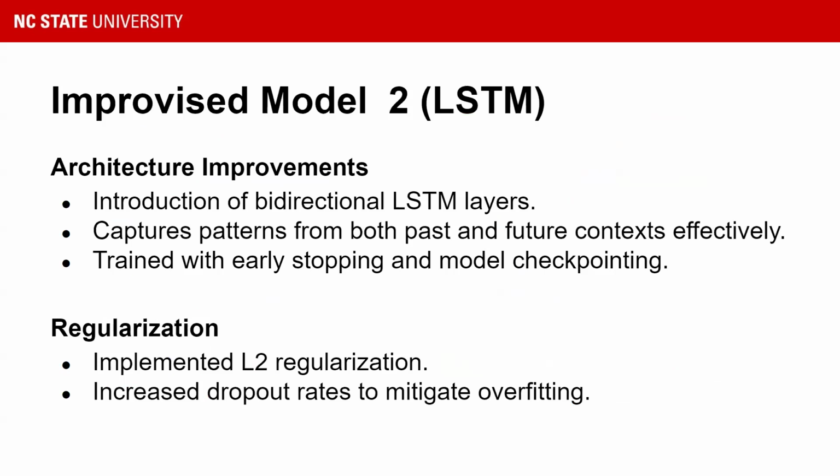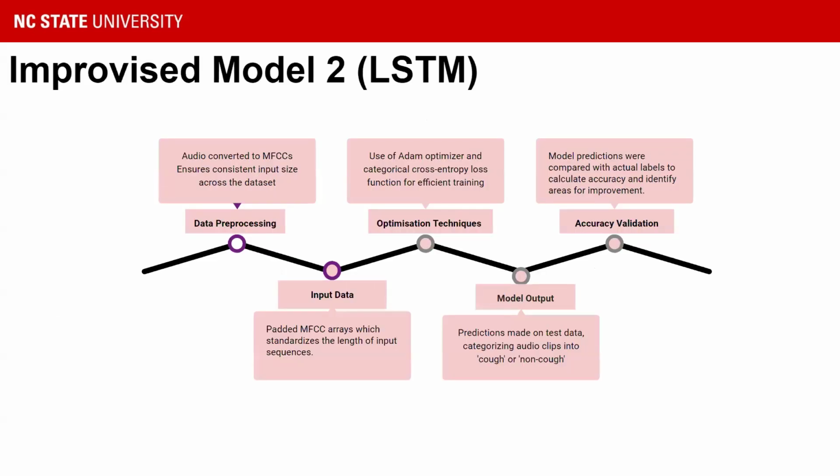The second model we are providing here is LSTM. The reason we decided to do this was to test how our data performs on an RNN, and we decided to use bidirectional LSTM so that we have the context of both the past and the future. Additionally, for this model, we also added model checkpointing and early stopping so that whenever the training plateaus over a particular accuracy level, we can stop instead of wasting more epochs. We also implemented L2 regularization, and we had increased dropout rates so that there is no overfitting.